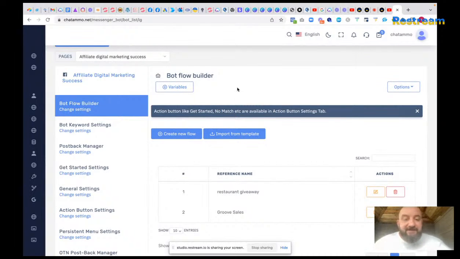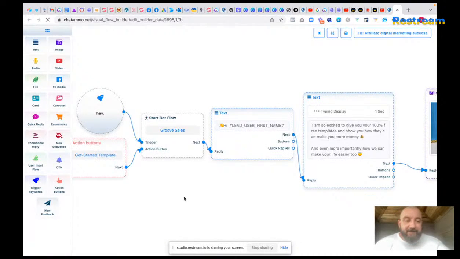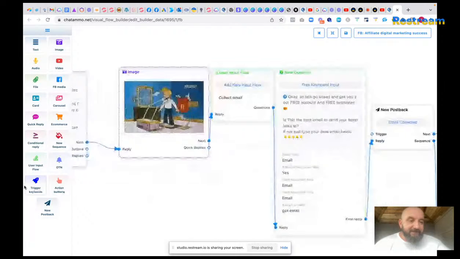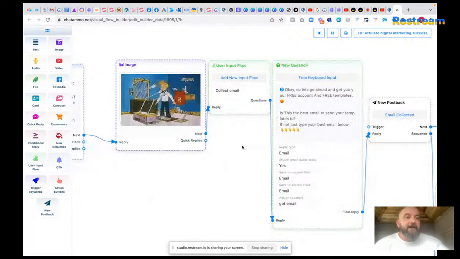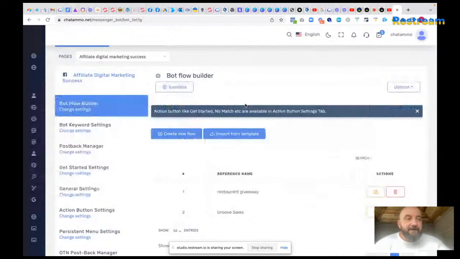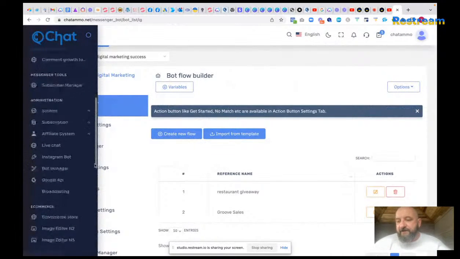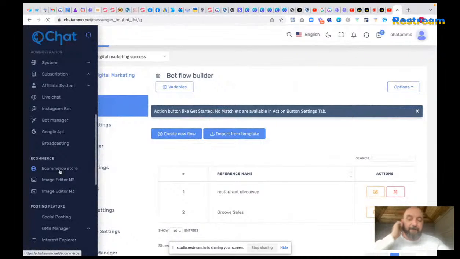So basically, you build a simple bot, right? This one here is Groove Sales, from when we were selling Groove funnels. We basically had a little simple flow that went along like this. We've got everybody's email address, and that means that from then onwards, we're building our email list and we can then connect people. Which means if you're selling something to somebody, you can start building an e-commerce